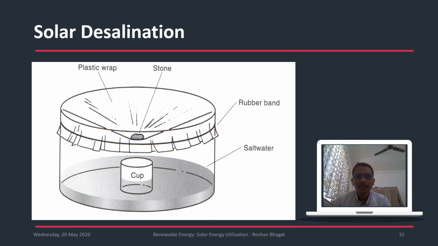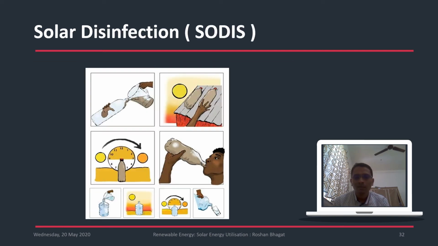So this is the arrangement which you will understand more precisely. You have one container which contains salt water. Keep a central cup over there, and have a plastic wrap. Because of solar radiation falling, the droplets collect on the bottom side of this plastic wrap. These droplets will go towards the center portion and will be collected into the cup. So at the cup we have fresh water available. So this is a simple arrangement for desalination.